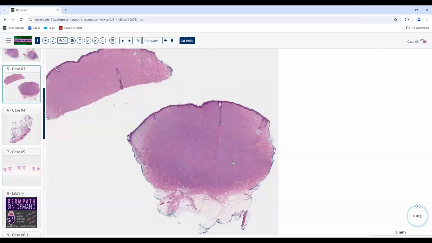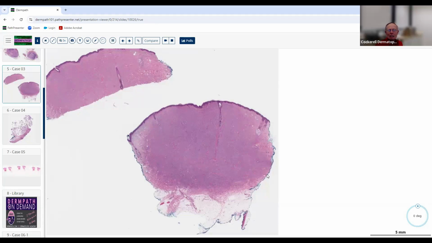Okay, I can take this one. I think this is excisional, down to fat. Correct. And this is a neoplastic process. It's large, but it's symmetrical, pretty homogeneous, and relatively well defined. So I think it's benign. I agree. Based on what we have here, it may go over to this edge,